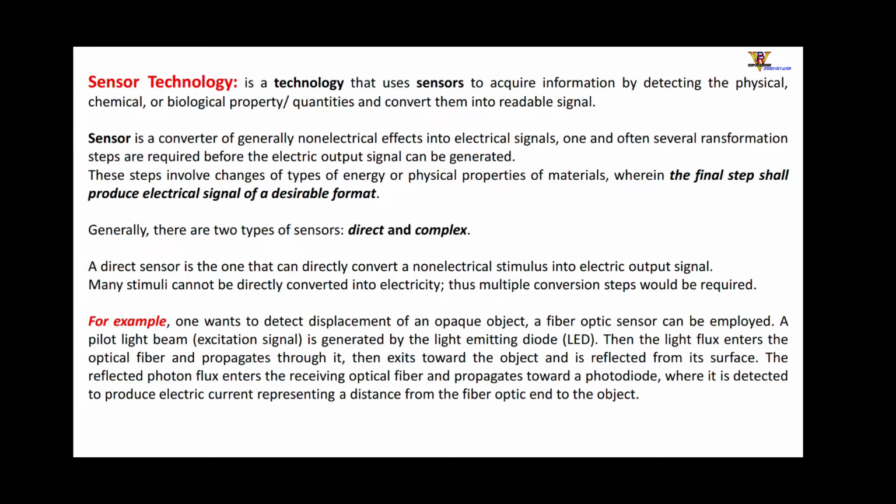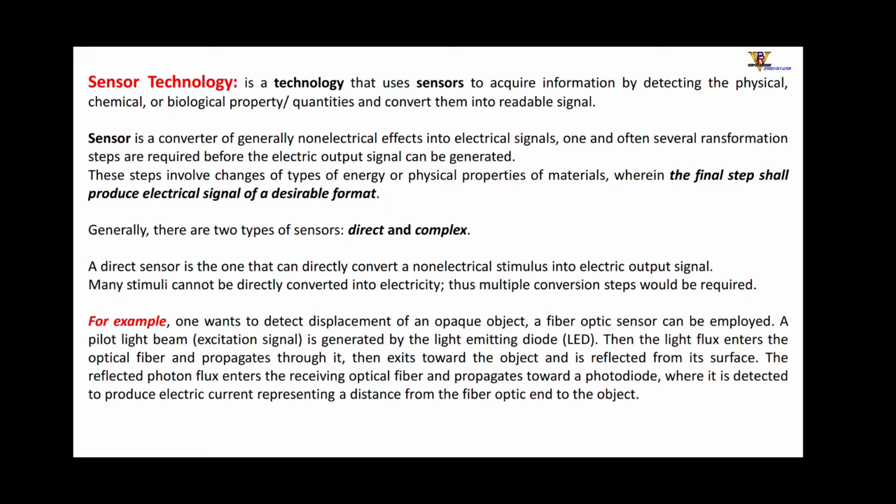So it is a technology that uses sensors to acquire information by detecting physical, chemical or biological properties or quantities and convert them into a readable signal. So the technology by which we can acquire the information, that is physical information, chemical information or biological information. So by this we can say that